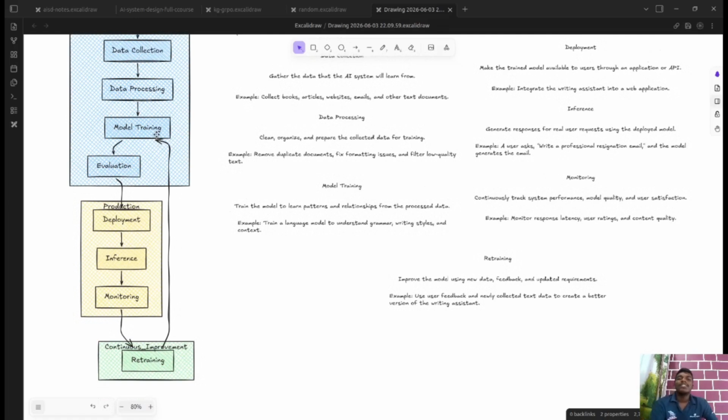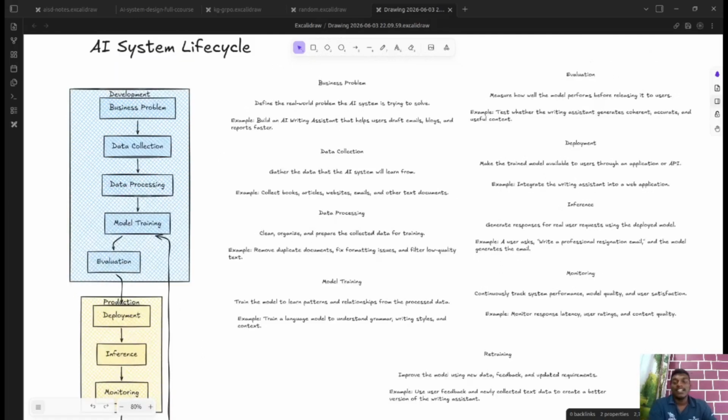The next step is basically model training. Well, what exactly is a model, first of all? A model is a system which learns patterns from the data you feed it, as well as makes predictions according to the patterns it has learned so far. In simple terms, that's the simplest way you can put it. So whatever data we pre-process, we are going to feed it to the model so that it can make some sense out of it and learn some patterns.